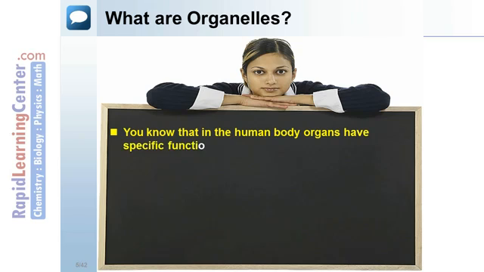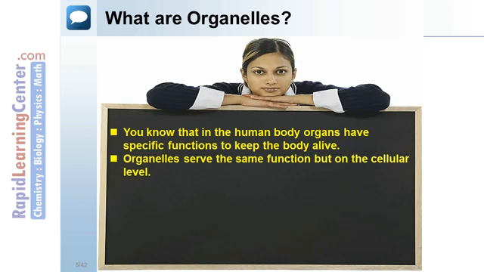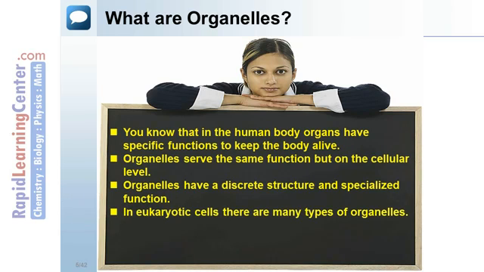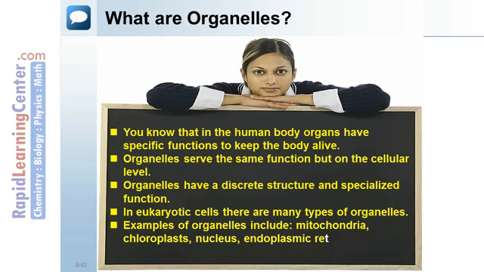What are organelles? You know that in the human body, organs have specific functions to keep the body alive. Organelles serve the same function but on the cellular level. Organelles have a discrete structure and specialized function. In eukaryotic cells, there are many types of organelles. Examples of organelles include